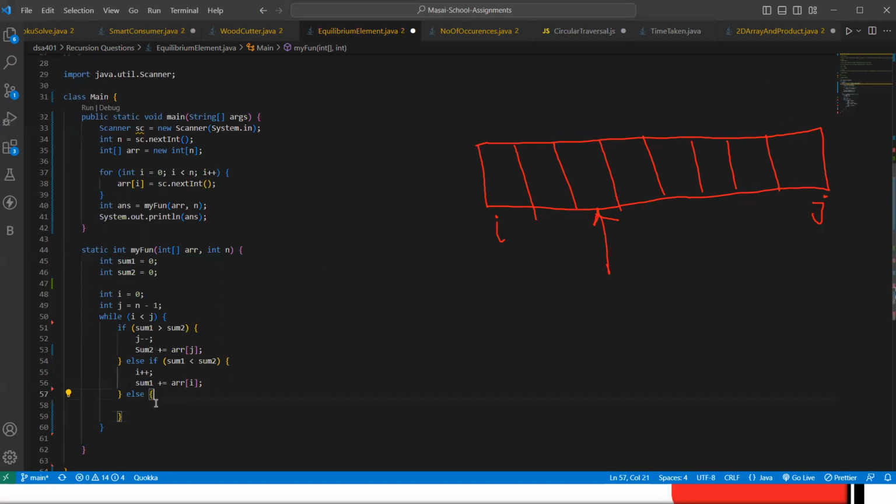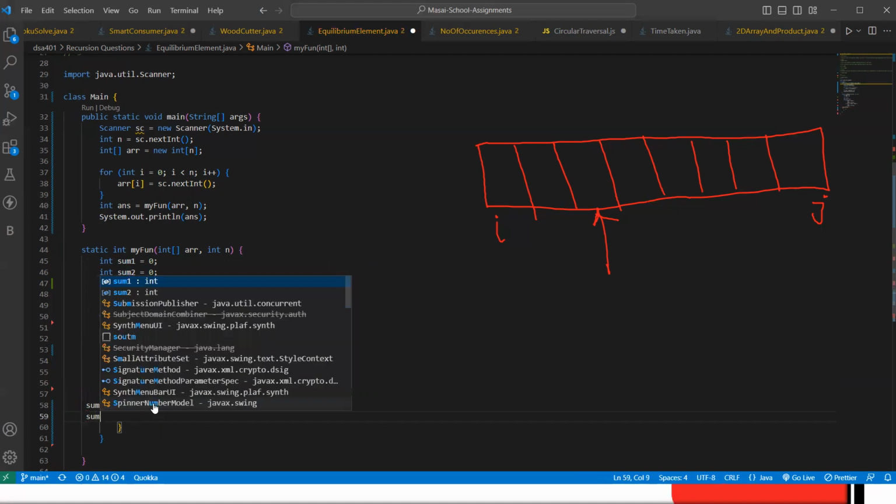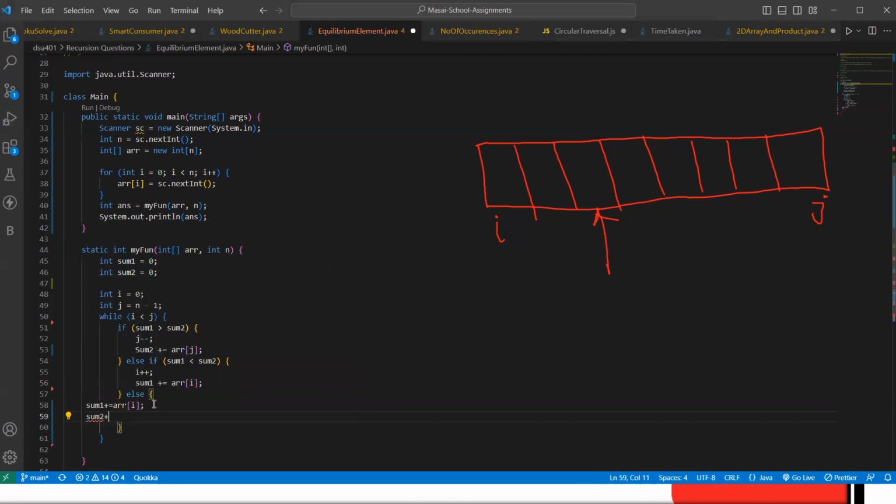So in this case, we can simply write sum1 plus equal to array of i, and sum2 plus equal to array of j. Okay, so these two sums are added, and there are some terminating conditions, guys.